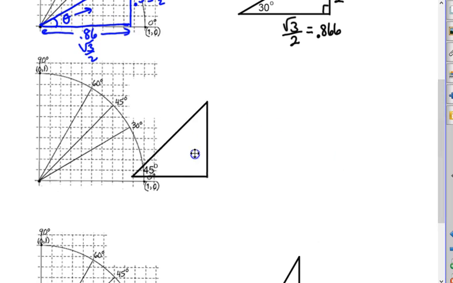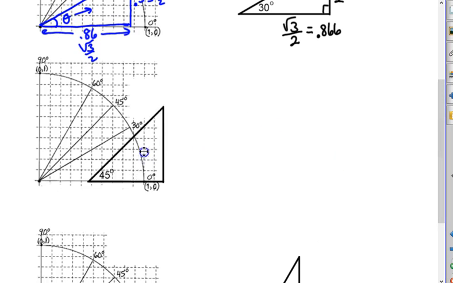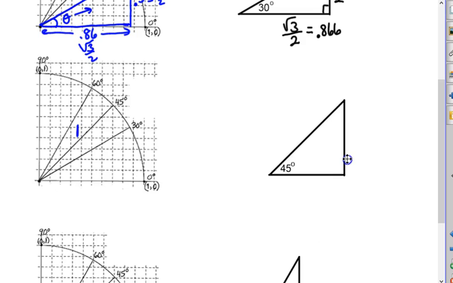So once again, I can, being so cool, slide my right triangle over here and put it in the picture. And notice when I do that, if I want the hypotenuse to equal 1, I'm going to have to make some changes, because normally the hypotenuse on a 45, 45, 90 triangle is the square root of 2, but I want it to equal 1. So I'm going to go back over here, and I'm going to make it equal 1. So I take the square root of 2, and I have to divide it by another square root of 2,